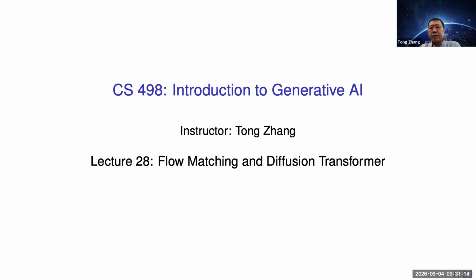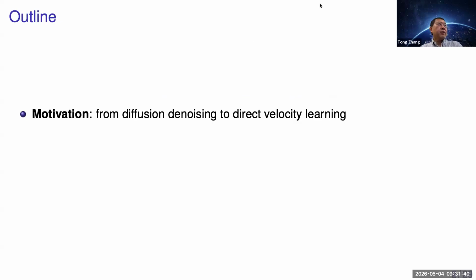So hopefully this covers everything which is common in generative AI, the most frequently used models and some methods. So okay, let's look at this. Outline: essentially we will talk about why we look at flow matching, why that becomes popular,